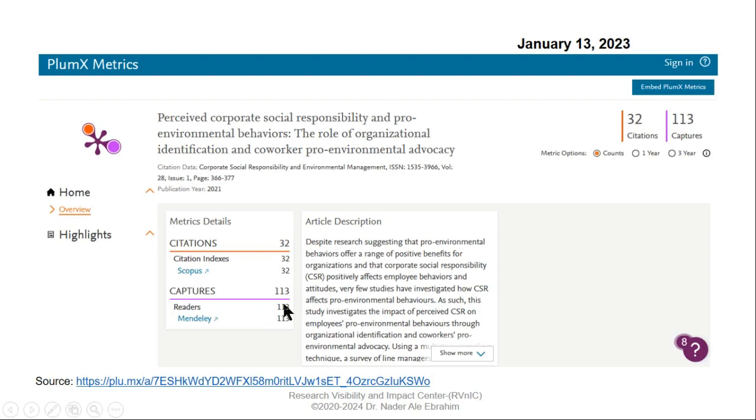You didn't post this one on Twitter or Facebook or any other social media, saying I published this paper talking about this and that. Nothing. So that's why you received a lot of citations with only 100 captures. Just assume if you increase this 100 to 1000, definitely the citations also go up.